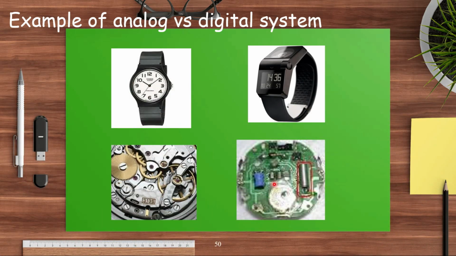So here we have one example of an analog signal and a digital signal. In an analog watch we have three needles: the hour needle, the minute needle, and the second needle. But this involves some kind of human error. Let us check it with an example in 3D, where we may have a different angle problem by using an analog system.